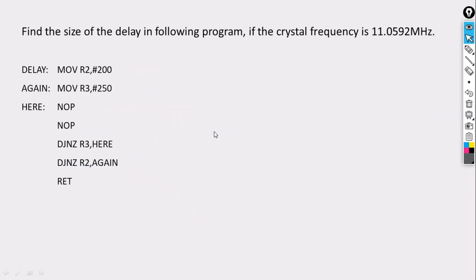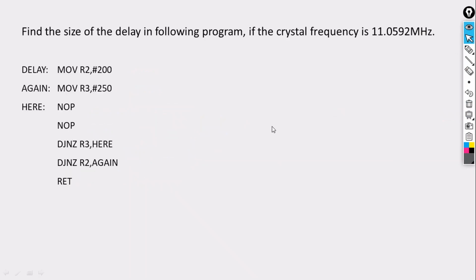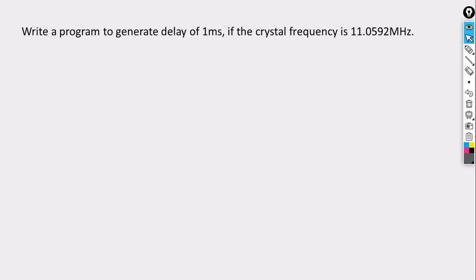Now in all these slides, we were given a program and we needed to find out the delay. But the scenarios are not different. Suppose I want to generate a delay of 1 millisecond, how should I write a program to generate it? That is totally dependent on our